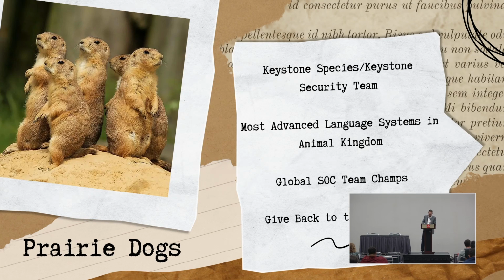Prairie dogs. By far my favorite. I will say my wife will probably be very happy after today because I have shared so many useless facts about prairie dogs, bees, and ants over the last few months as I've learned through this. But prairie dogs are absolutely amazing. They're a keystone species as well. There's several other species that rely on prairie dogs' existence just to exist themselves, the ways that they contribute back to the broader community and the impact.